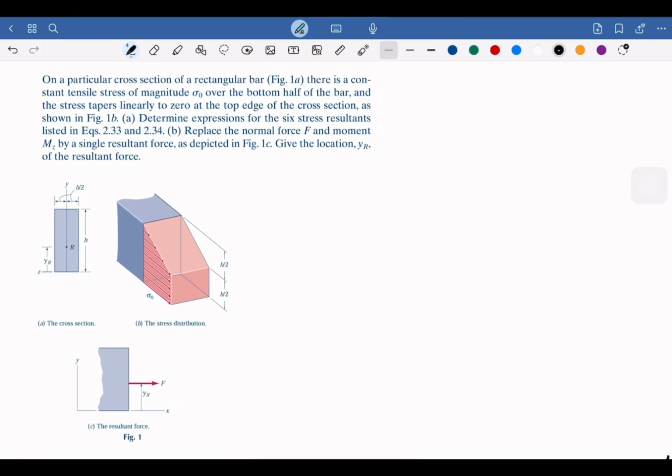And the last question, if we replace the normal force and the moment Mz by a single resultant force, as in this figure, the force will be placed at this yR, with this height. So what should be the location of yR? What is this new yR? So first we are going to observe the first question, finding all the 6 resultants,